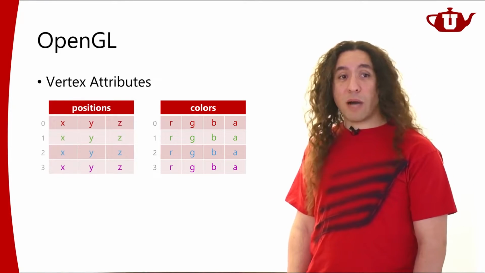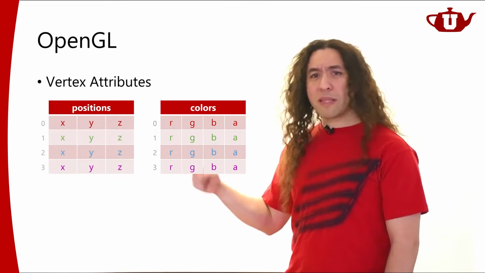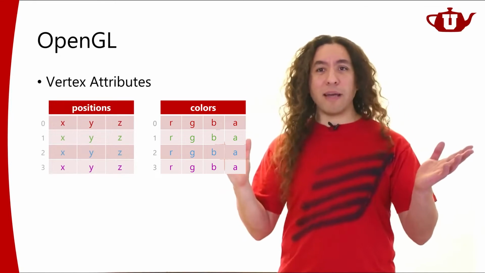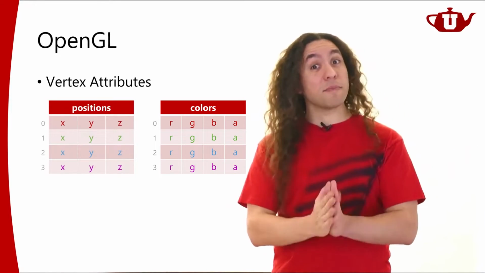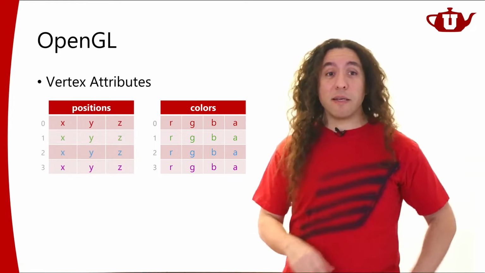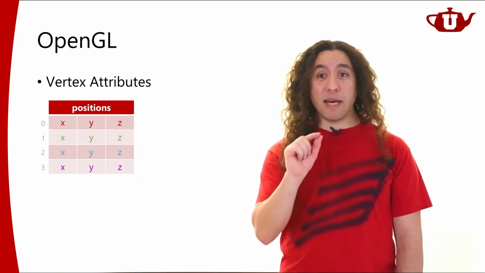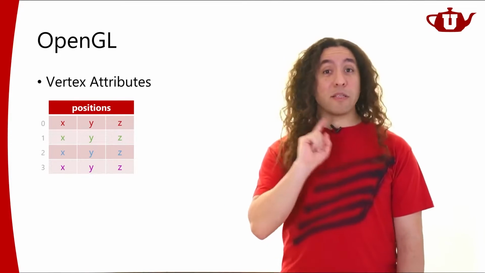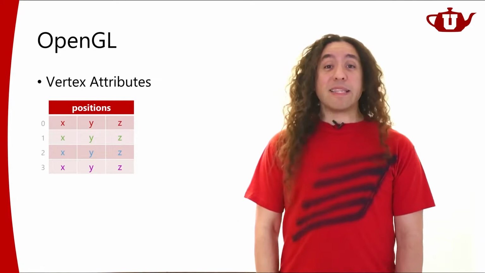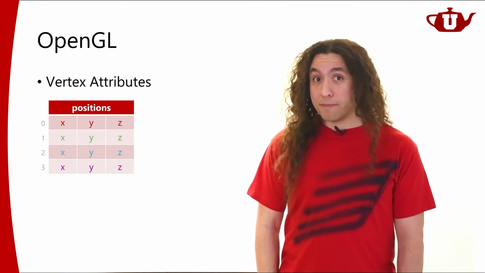So I can't just say, for positions get 0, 1, 2, but then for color get 3, 5, 7. The graphics API will not allow that because that's how it's designed. So I'm going to have to use the same exact indices. Now here's the tricky bit. Here's the bit that's going to hurt you for the upcoming project if you don't pay attention. That is not the case for the OBJ file format.